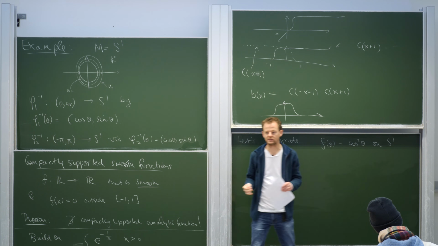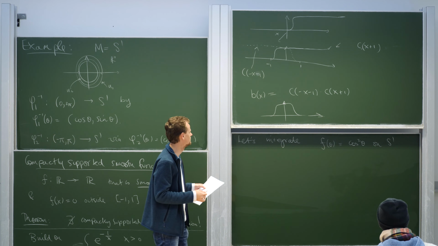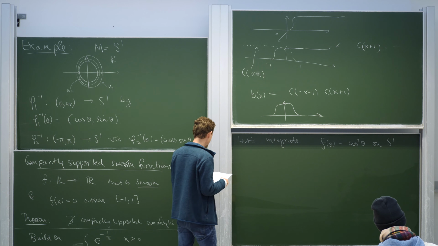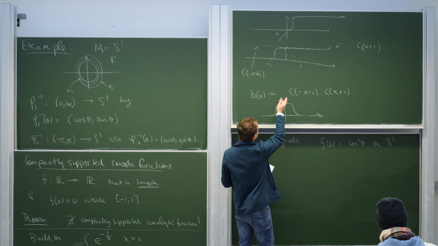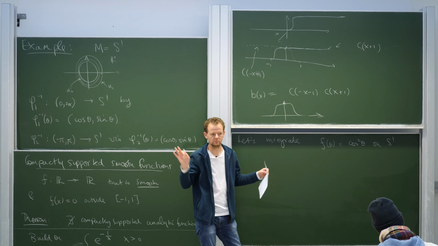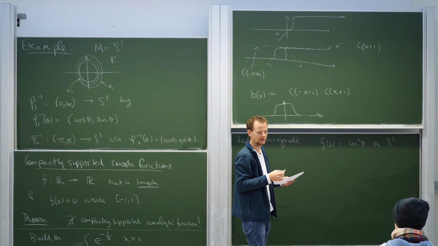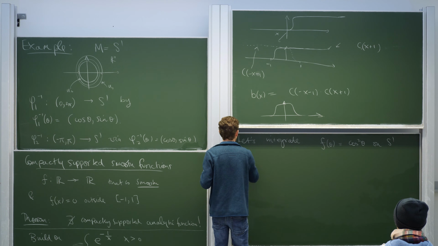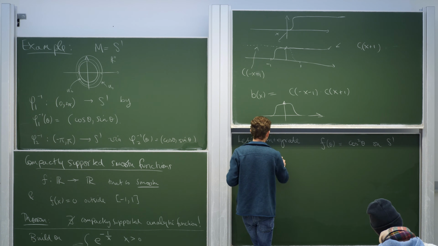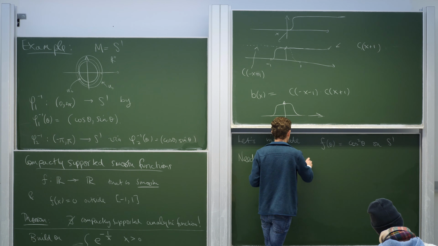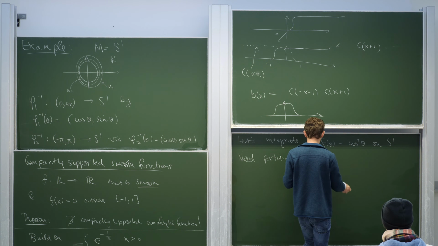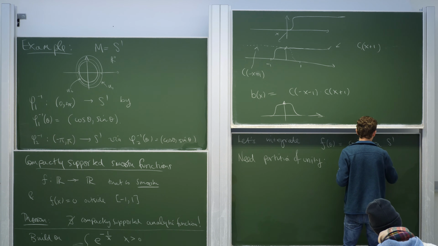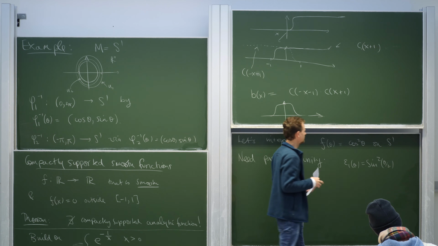All right, let's do an integral. Let's integrate cos squared theta on S1. Well, we know the answer, right? It's an embedded manifold. We can go ahead and work out the answer the old-fashioned way. But let's tie our hands behind our back and do it using our definition of integrals. And so for that, we need some partitions of unity. And we have one by choosing